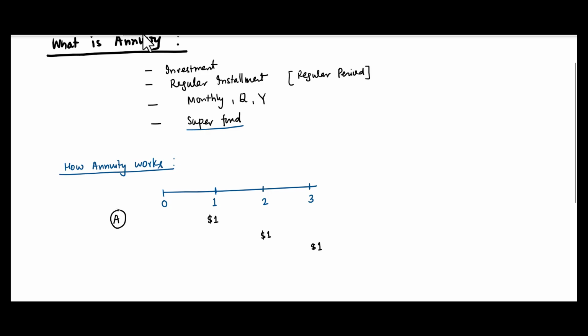And immediately after the third deposit I'm drawing a line here. I'm looking at what amount I'm going to have immediately after this third deposit. So if you look at this $1 which I deposited at the end of the first year,